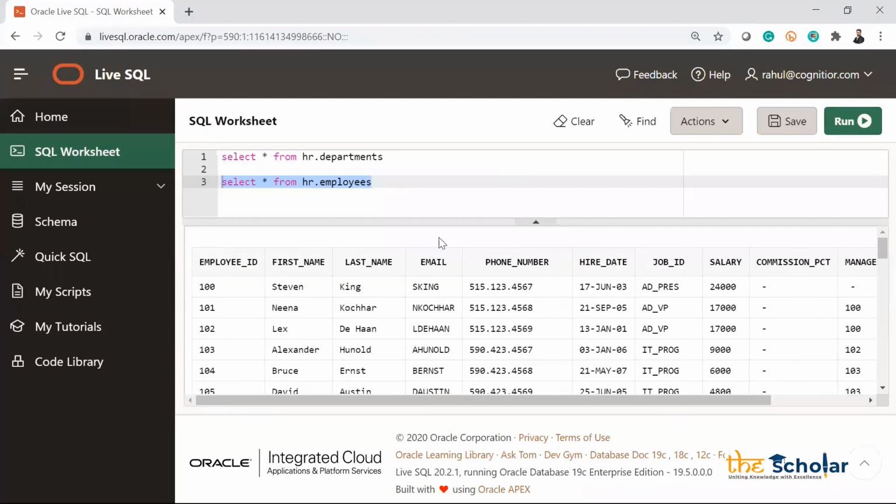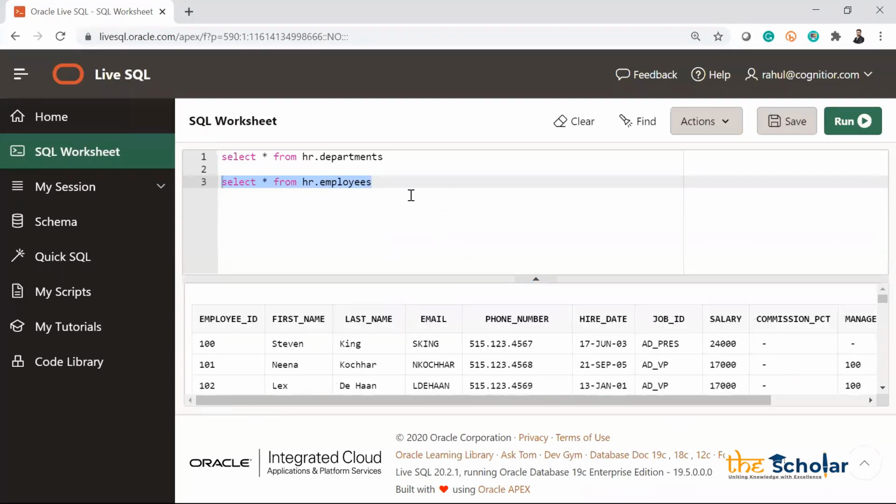Now, as I mentioned, I can select from the table in multiple ways. Now, star means what? Star means all the columns. I want all the columns from the table. So all the columns are coming in here. But suppose I don't want all the columns. I just want a few of the columns. Then what I will do, let's say I am looking for first name, last name, let's say email, and salary.